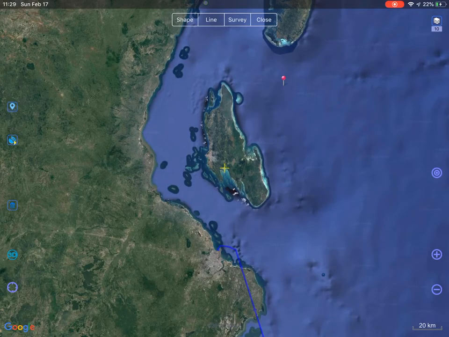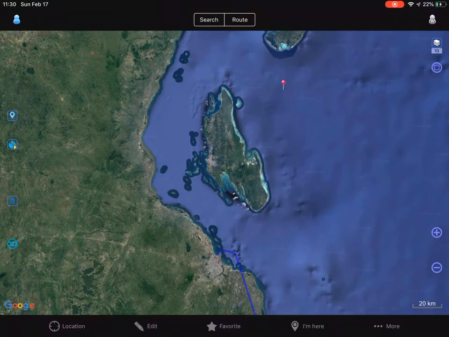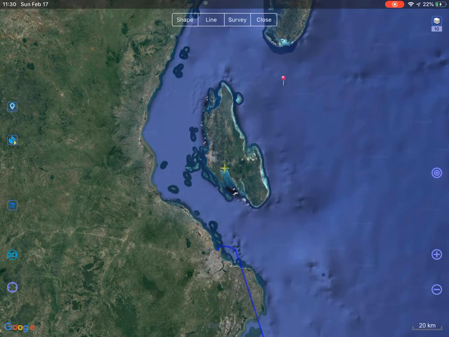Okay, so you want to download one particular area of the chart for offshore use when you don't have internet. How you do that, and close that, is you come down to the bottom to edit, then shape up the top, then you draw your shape. I usually draw it counterclockwise so it doesn't give me any funky shapes. So I go from there to there, to there, to there, and then I hold my finger down on the